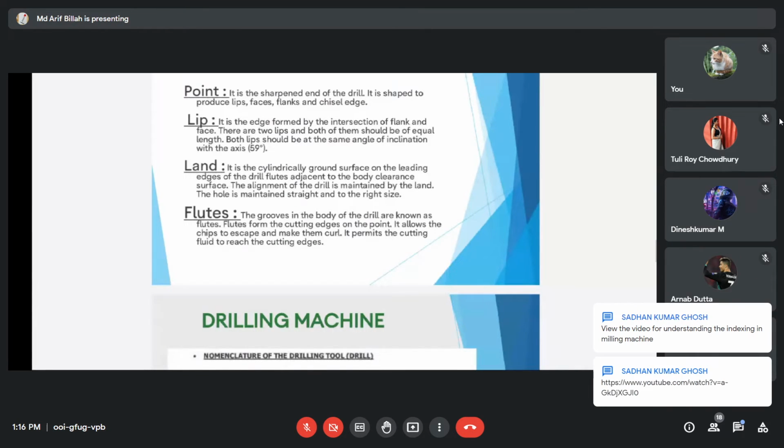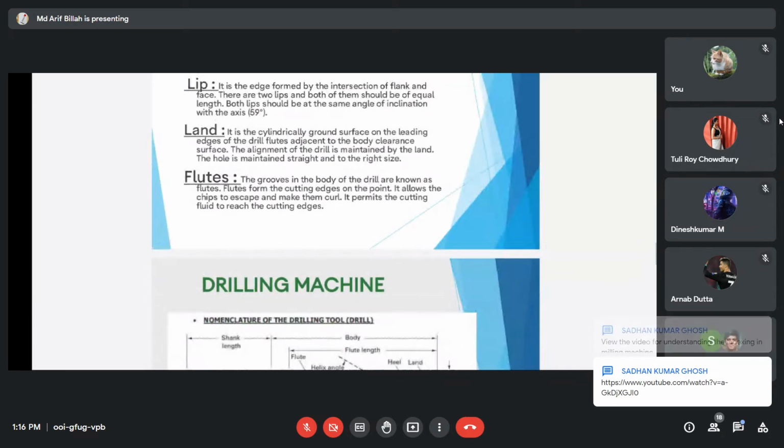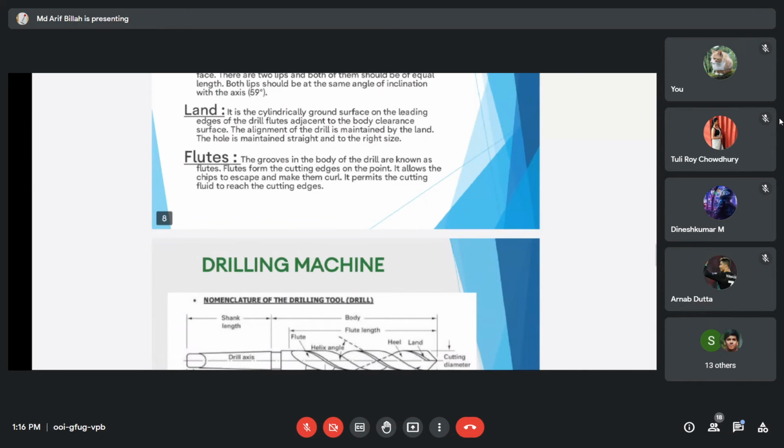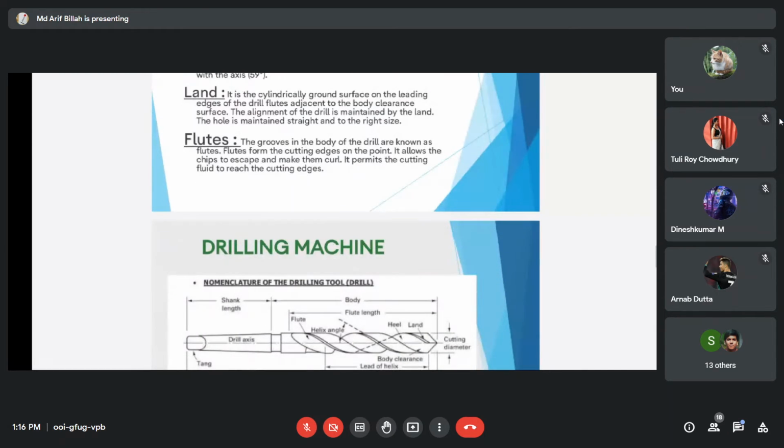Lip: it is the edge formed by the intersection of flank and face. There are two lips and both of them should be of equal length. Land: it is the cylindrically ground surface on the leading edge of the drill flutes adjacent to the body.